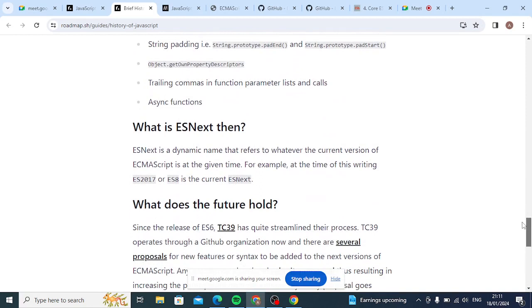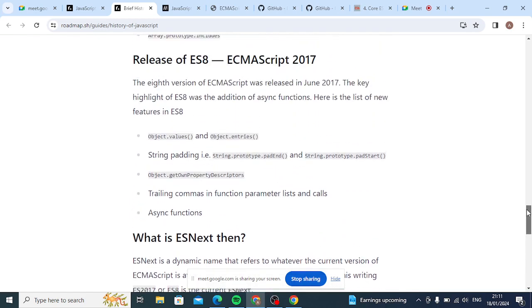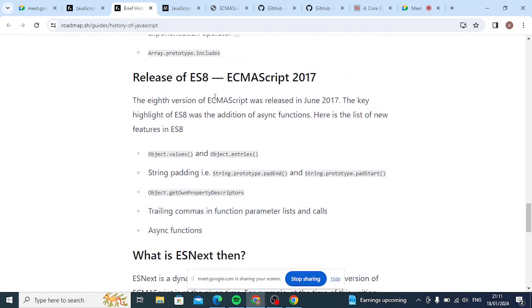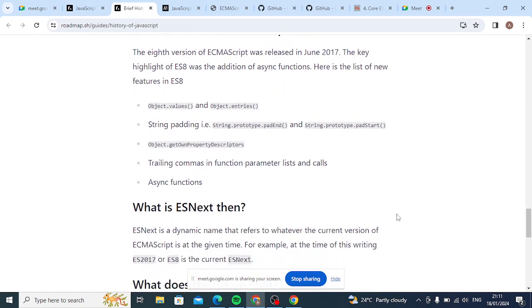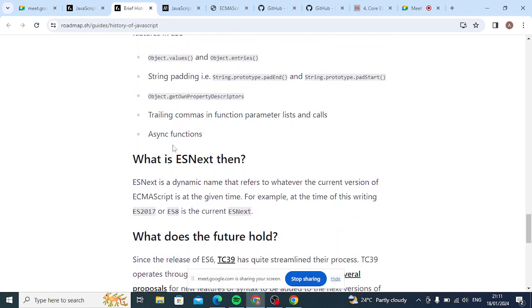So you see ES8 is 2017. There's also a terminology called ES Next. ES Next basically refers to whatever is coming, kind of the current version. It might be 2023 or 2024, and they want to call it ES Next.